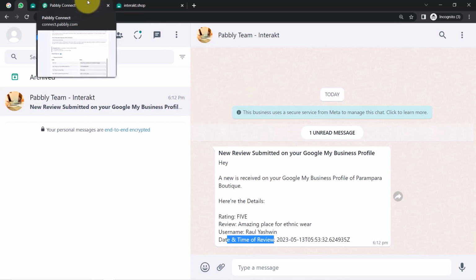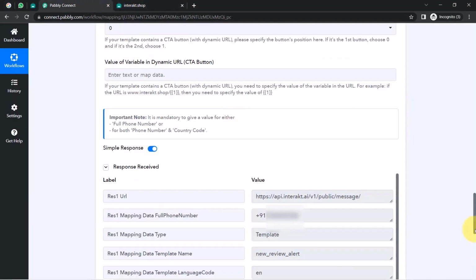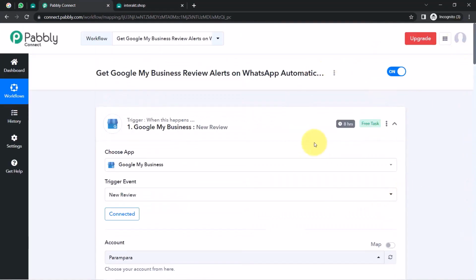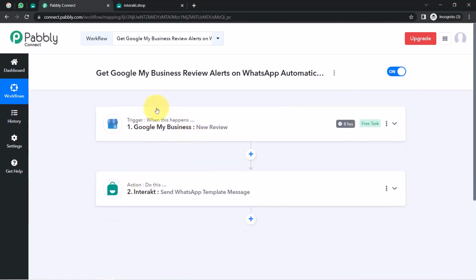Okay, so now onwards what will happen? Every time a new review is received on your business profile, you will get the notification about that new review on your WhatsApp number in the next few hours. Because remember, I have told you initially that this automation is going to take place every 8 hours. But to automate this process, you need to create this automation inside Pabbly Connect just once. After that, you can sit back and relax, because Pabbly Connect will take care of all the tasks in the